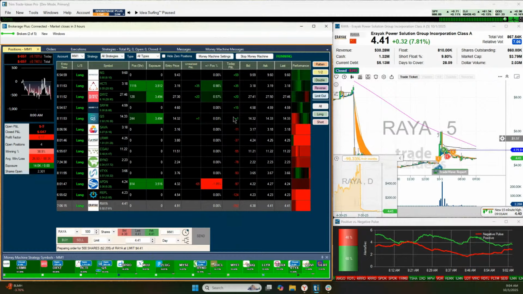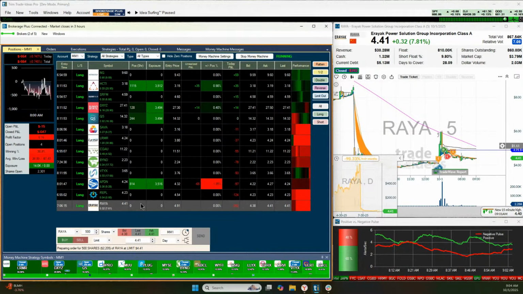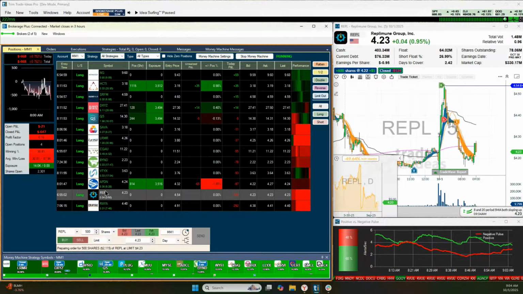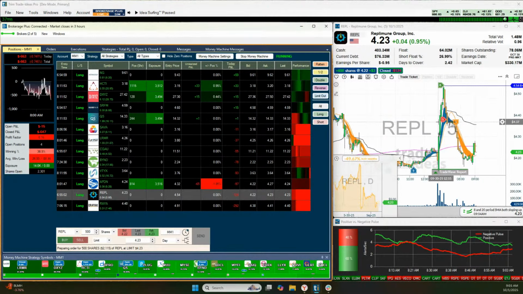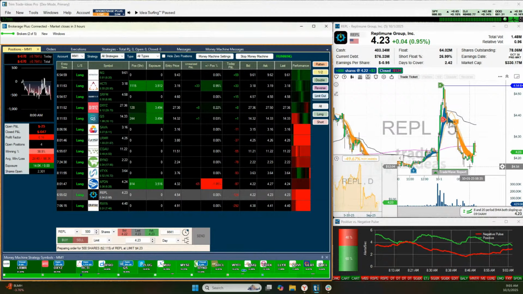This is one of the ways you can use the Money Machine, because you're going to be able to get into things that you may not otherwise, and then see what happens and react to it. This is using your practice, your drilling, to really help you. Let's look at this one, Repel. The Money Machine got in here, and by the way, when this happened, we fixed this so you don't buy these kinds of extended moves. Sold here, then boom, but then it's coming back.